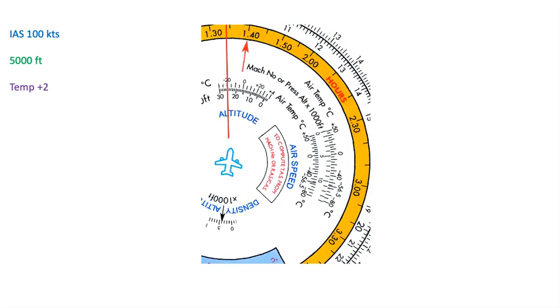So let's have a look at how we calculate true airspeed using the CRP. We've got this scenario: 100 knots indicated airspeed, we're flying at 5,000 feet and our temperature is +2. So the first thing we need to do is identify the correct window on the back of the CRP, and